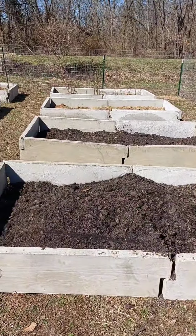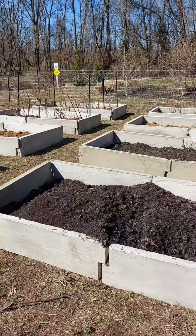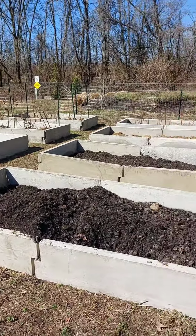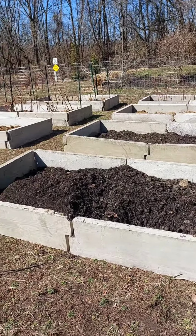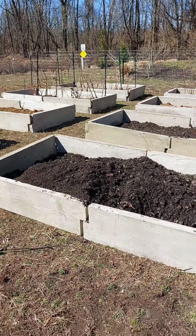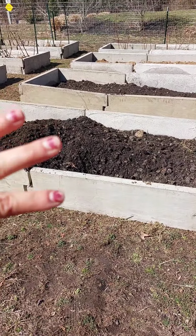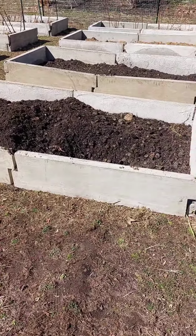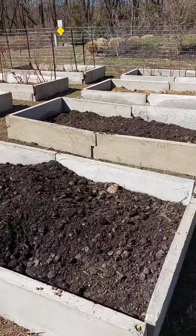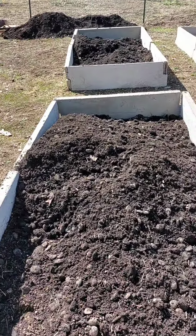Okay, so project number 3 is my raised bed garden. I have told you guys and showed you guys the concrete molds that Ethan did, and we were pouring those. And so here are the beds for those. We have 8. We are not done. This is where we're actually taking all of our